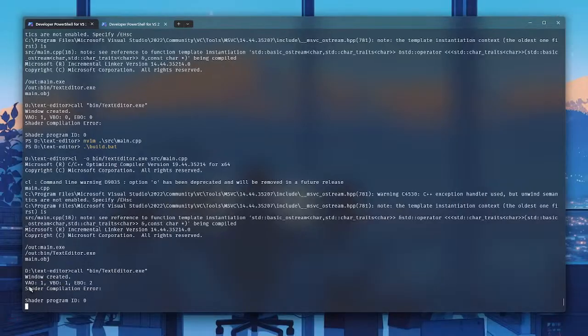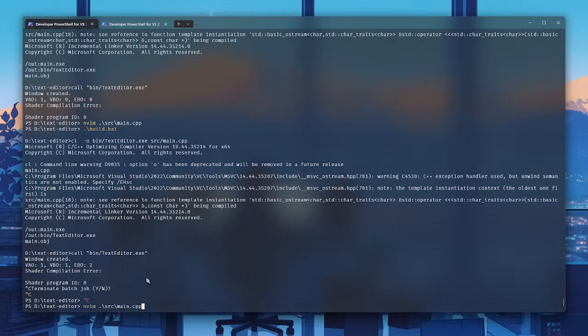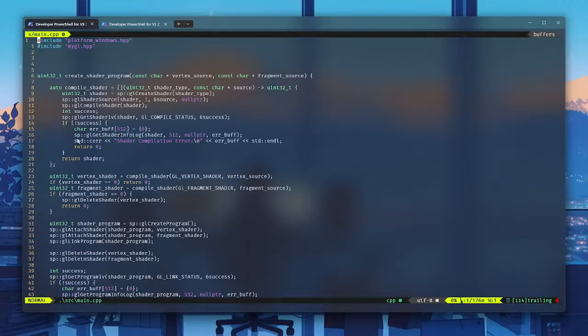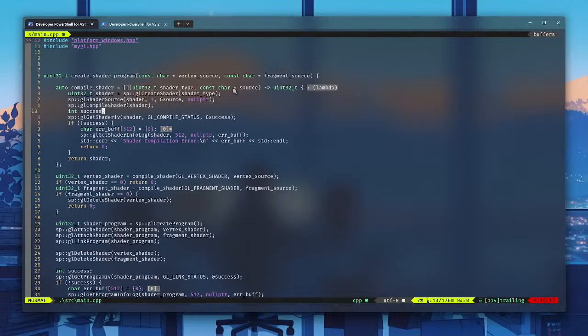Now we need to check at the shader creation part, right? Shader compilation error. Why is there no error? That is the question. So this is supposed to return a U32 here, right? So at individual compile shader, here,